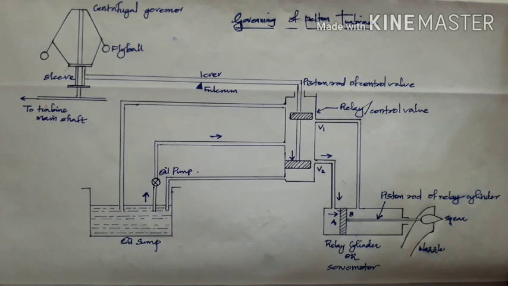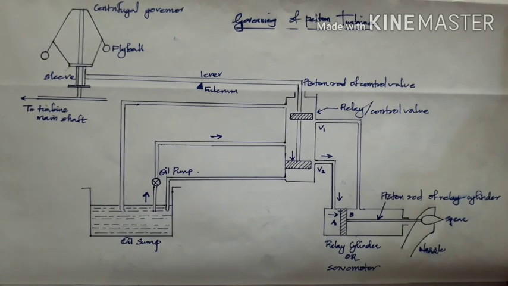Now, under working conditions, there will be fluctuating loads in the generator which may affect the speed of the turbine. But it is necessary that the speed of the turbine should remain constant. Now, to satisfy this need, we use a mechanism called governing. For carrying out the governing process, we generally use an equipment called the governors, and the whole arrangement we